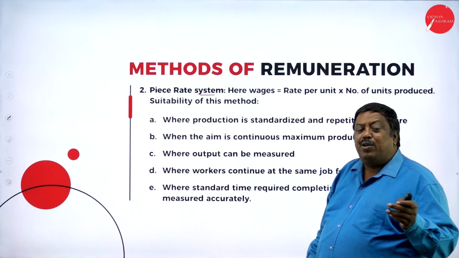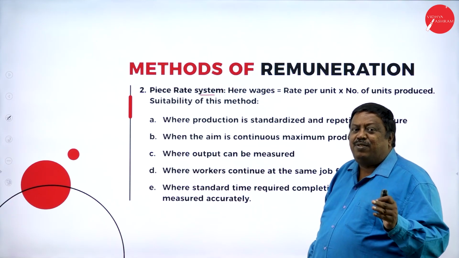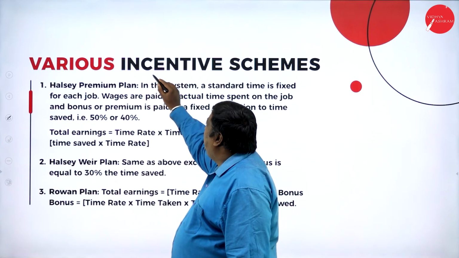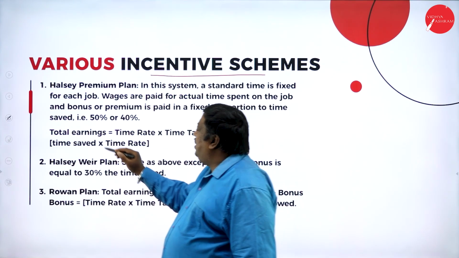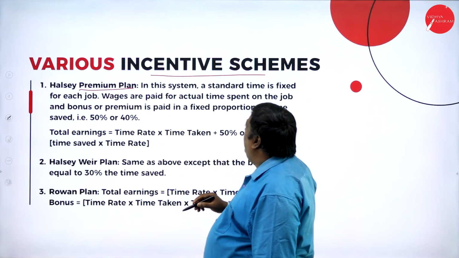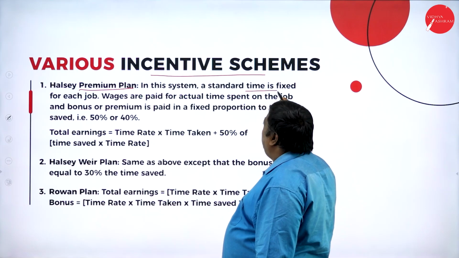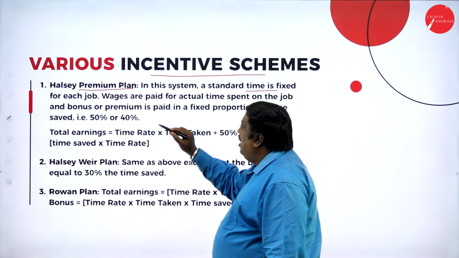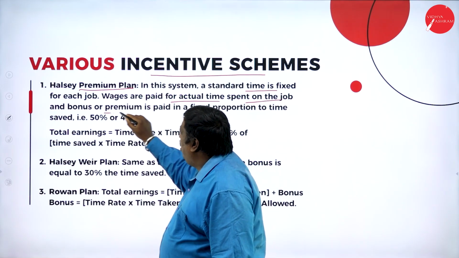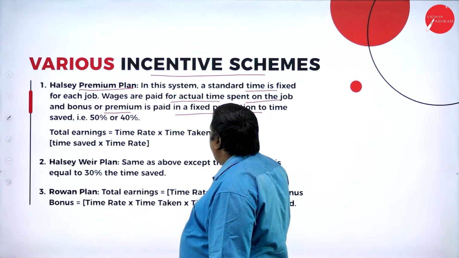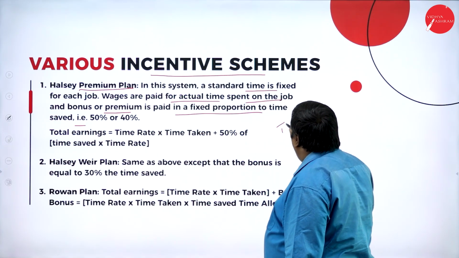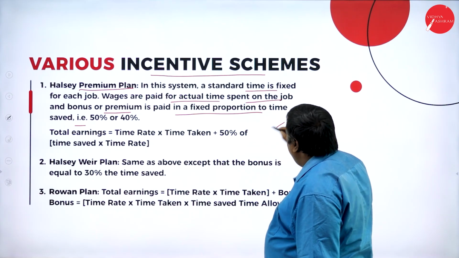Based on the number of units they produce, the wages will be paid to the employees. Now, next we have various incentive schemes. The first incentive scheme we have is the premium plan. Here, in the system, the standard time is fixed for each job. Wages are paid for actual time spent on the job, and a bonus or premium is paid in a fixed proportion to time saved. The formula here: total earnings equals